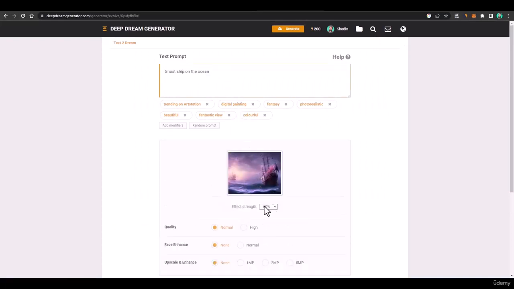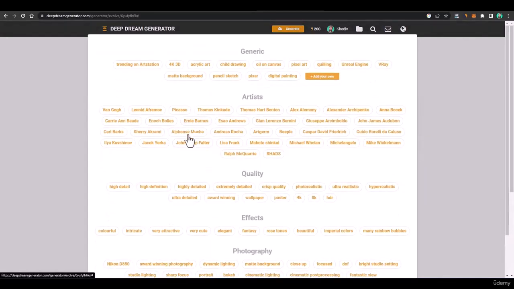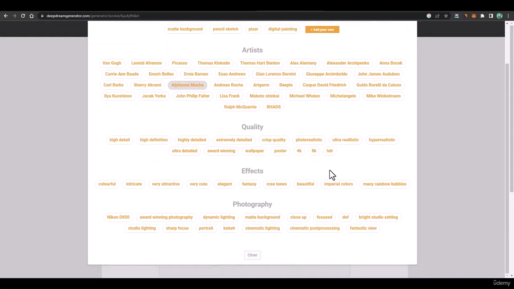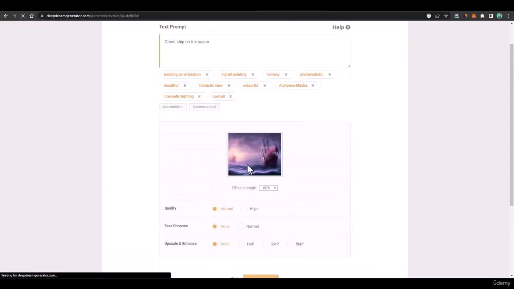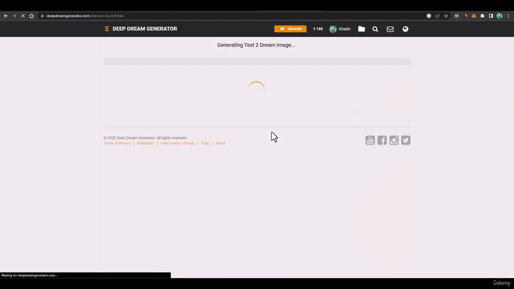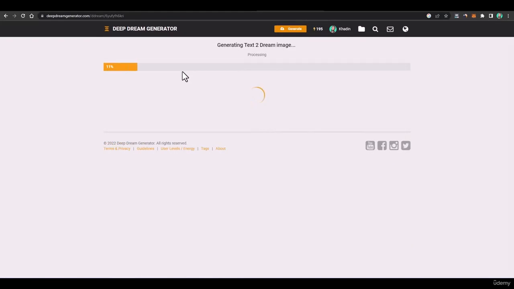You can use this art and evolve it with modifiers. Like you can add an artist style. Then you can also add, let's say, cinematic lighting or portrait. And then you can click on evolve with 5 energies, and you can evolve this image to generate another art. It would take some time to generate the art, maybe less than a minute, but we'll have to wait for it. And after this art is generated, we'll see how it looks.